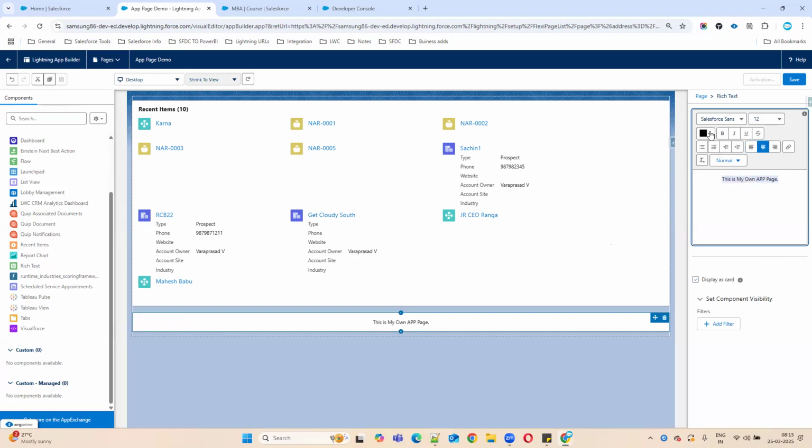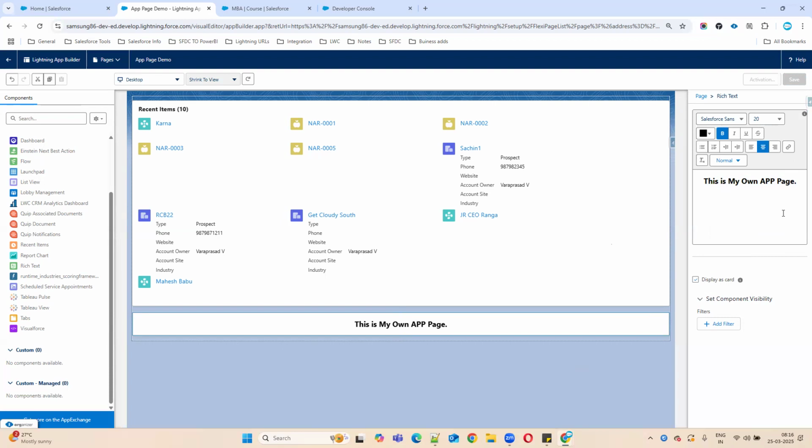I want to give some different colors. Just select this one, whichever color you want to give, and apply. Okay. Just click Save.